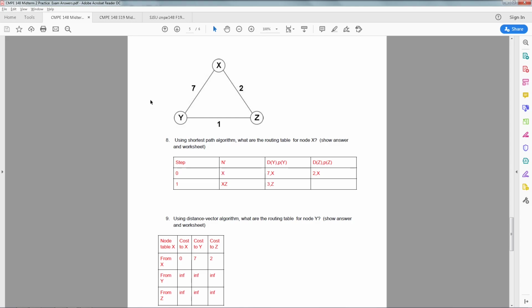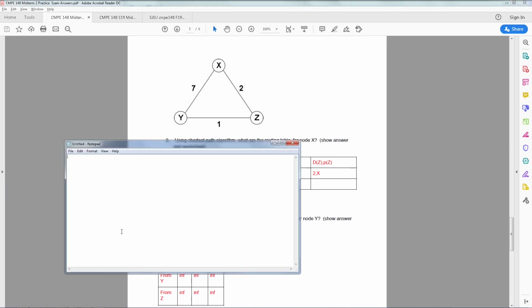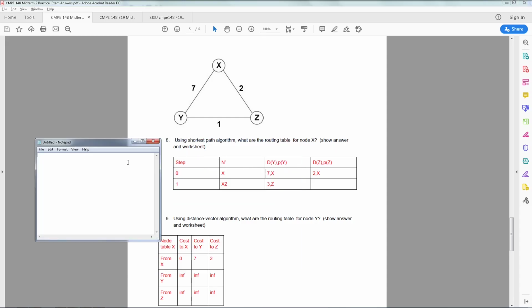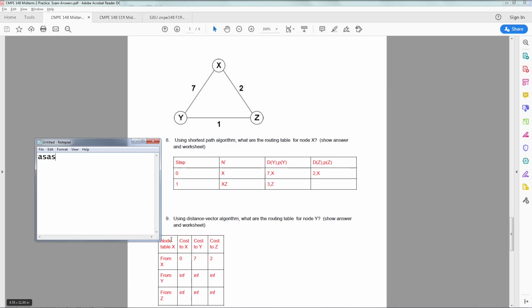But if I were to do a routing table, let's just open a notepad. So what I would be expecting in a routing table, let's go with a font of size 20. Yeah, that's clear enough. So basically what I'm looking for in a routing table would be something like from x,